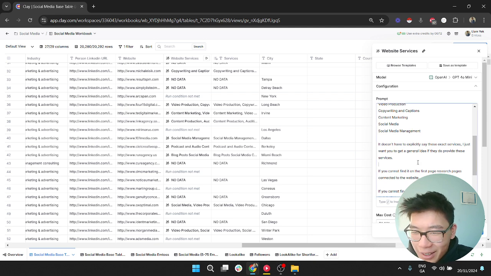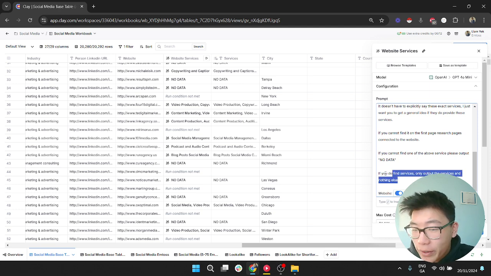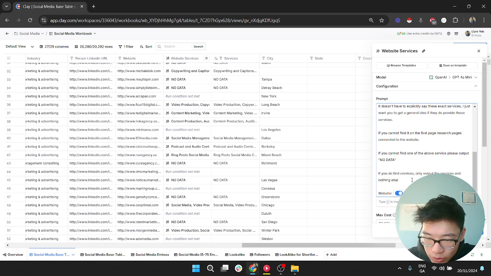Manage. Lovely. If you cannot find it on the first page, research pages connected to the website. If you cannot find one of the above services, please output no data. If you do not find services, only output no data. If you do find services, only output the services and nothing else. And then you link the website. The reason behind this is,